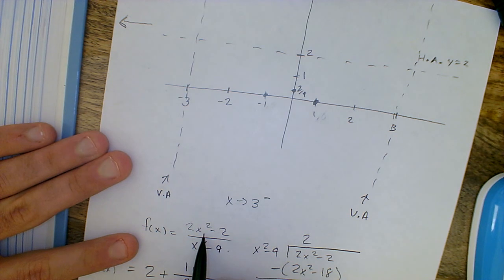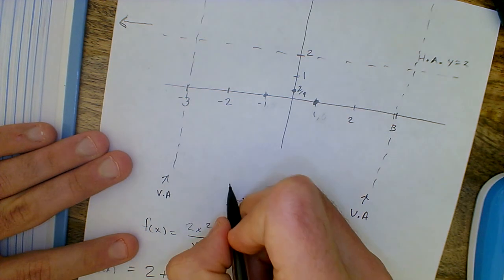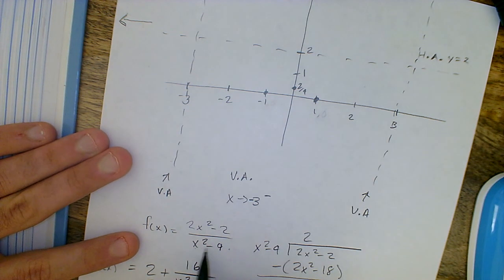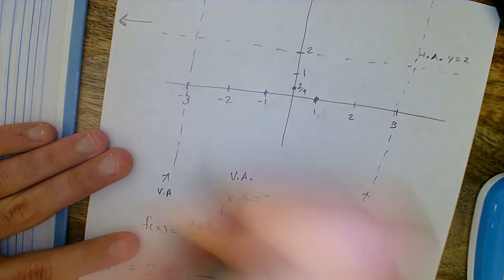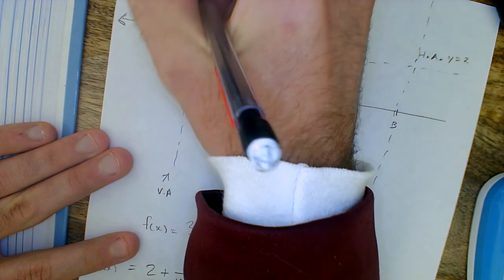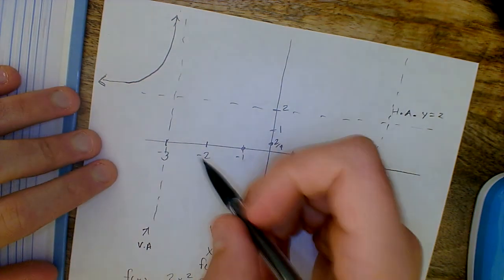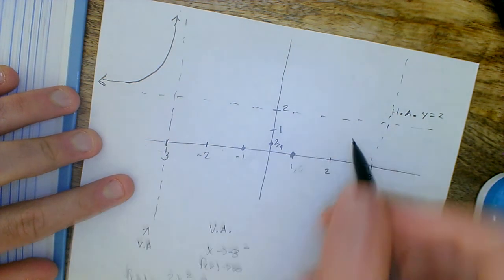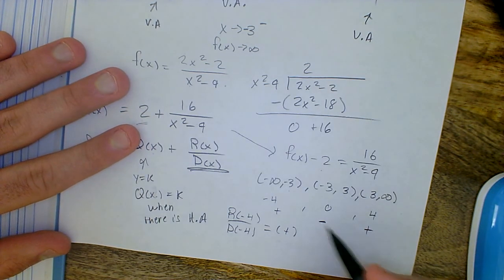Then the numerator is going to be positive, and the denominator is also going to be positive, approaching negative 3 from the left. So it's a positive over a positive, so f of x goes to infinity. So I know that it goes like this, so we can connect those lines. So that's how we got our first line. So now I know from our test here that on this interval,